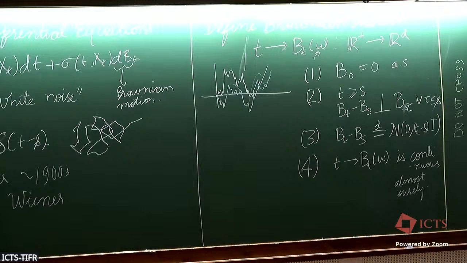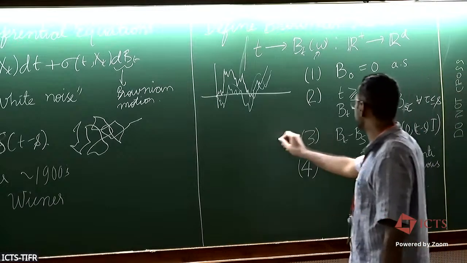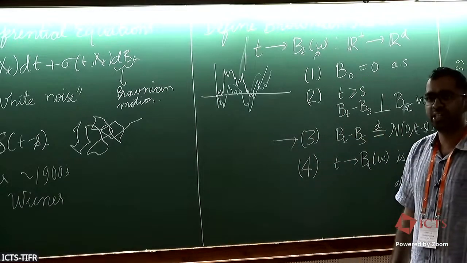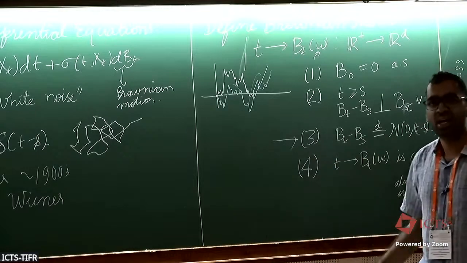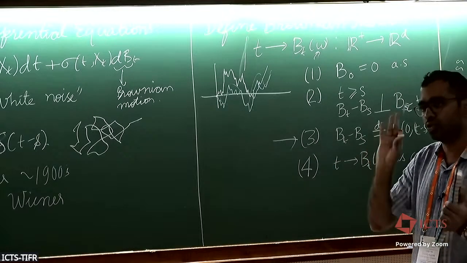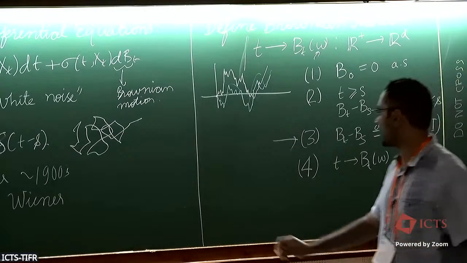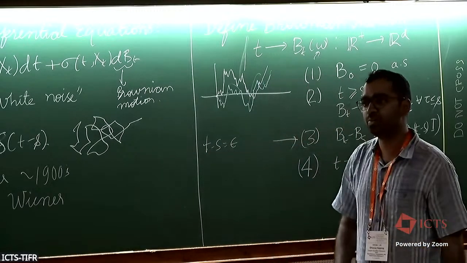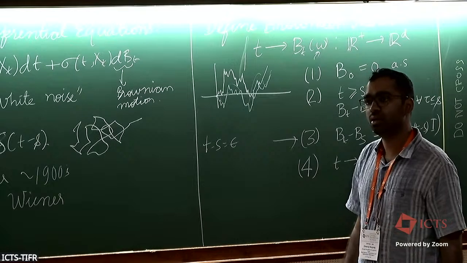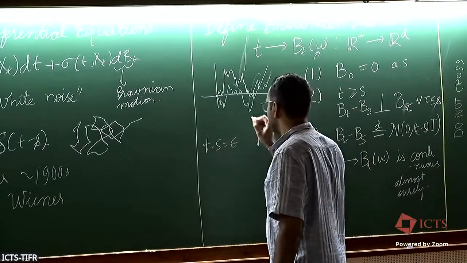Right. So now we want to construct such a thing. Let me ask you a simple question. We have this 0.3. Can you use this 0.3 to tell me what is the order of magnitude of bt minus bs when t and s are close to each other? Order of magnitude. Let's say t minus s is like epsilon. What is the order of magnitude of bt minus bs? Correct. It should be of the order square root t minus s, right?